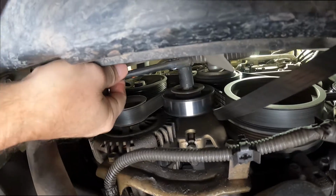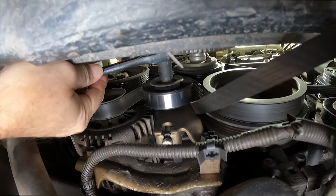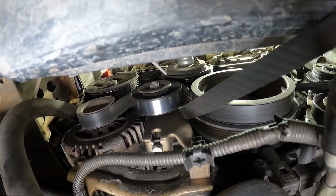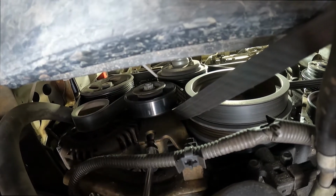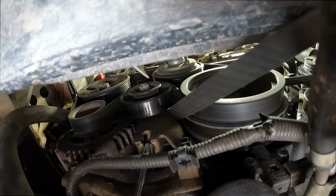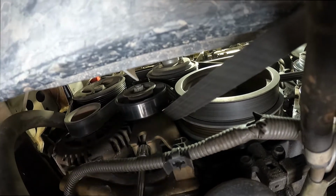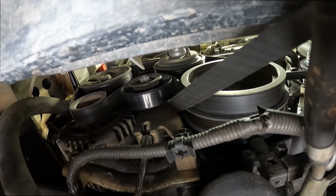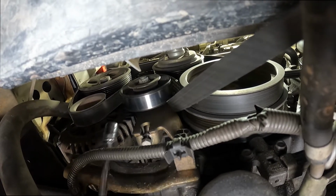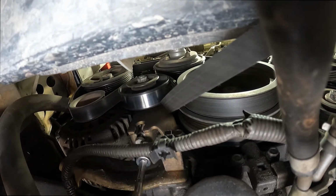So we need to get on this nut right there, and loosen it. So now you can see that we've got it loose. And once we have it loose, then we go ahead and get on the tensioner and start taking the tension off of that. Okay, so once we have that all loose,